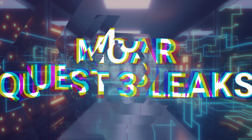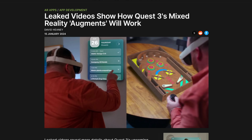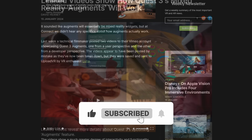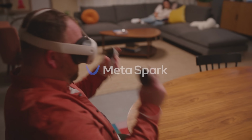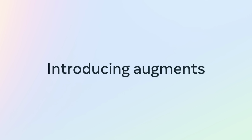It's amazing that this long after the Quest 3 launch, we are still getting Quest 3 leaks. And the latest leak is actually showing us how the Quest 3 augments are going to work in mixed reality. We've seen some examples that connect, but now we've seen a leaked video that's already been pulled again. Luckily, people jumped on it and quickly downloaded it, showing off the home environments and even what developing these are